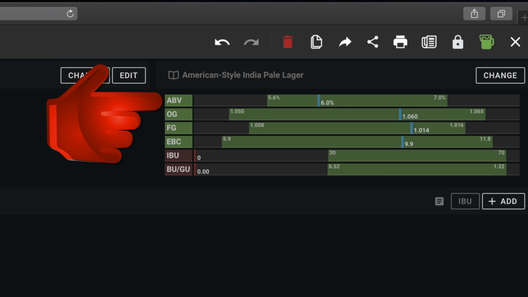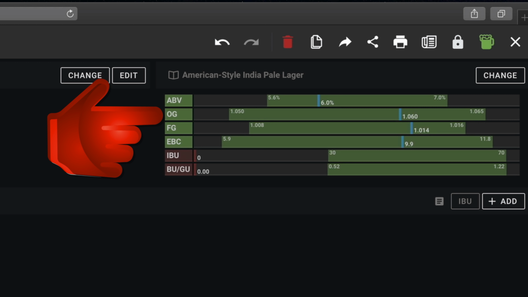We can see on the top line here under ABV that the acceptable amount to have is between 5.6 to 7%. This recipe is currently at 6%, shown here with the blue line. This next line covers OG, short for original gravity, which relates to the fermentables that we added earlier. We are also shown that anywhere from 1.050 to 1.065 is acceptable, and that we are currently at 1.060 as